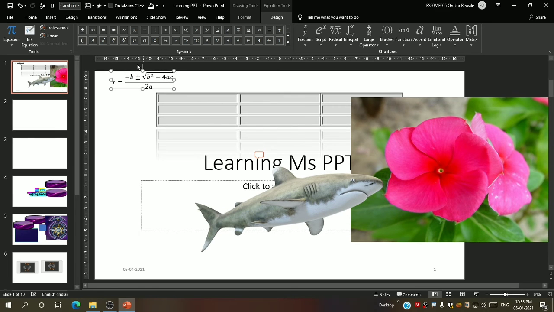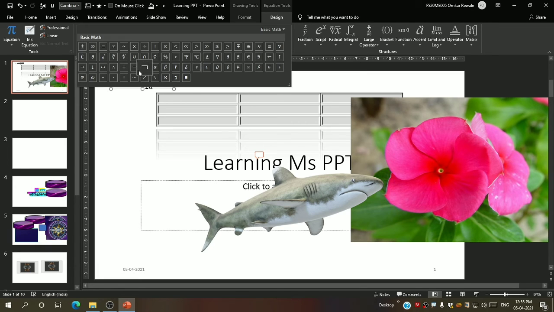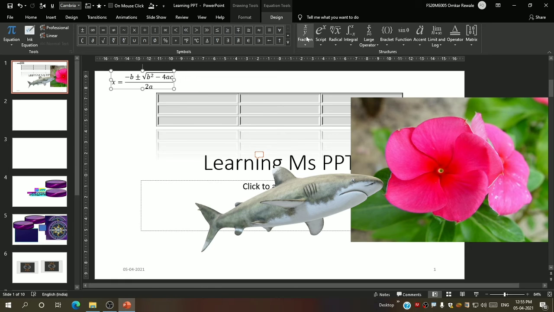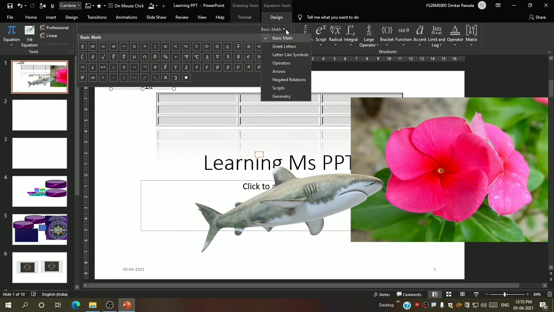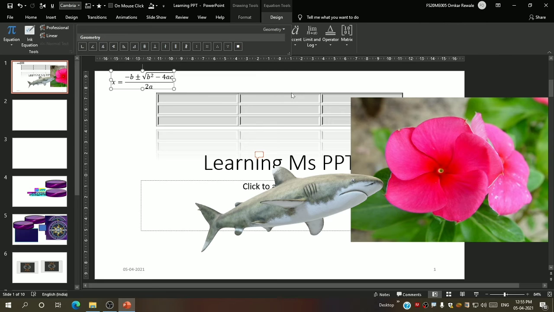Okay, you can see some design options have opened again. You can also add some symbols from here. You can also click on this drop down and get many symbols. Now this is especially for a teacher. You can also click here and select different options: arrow, scripts, geometry.